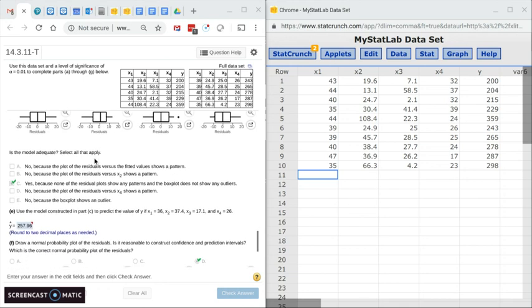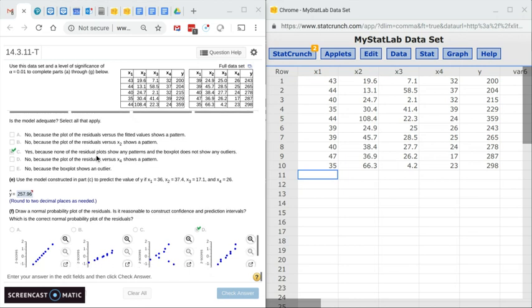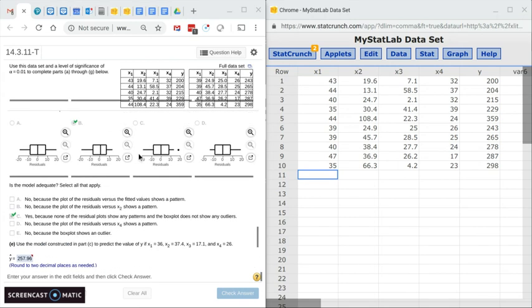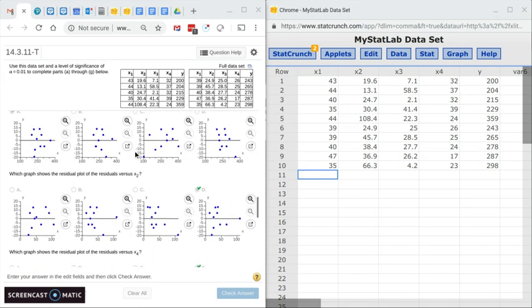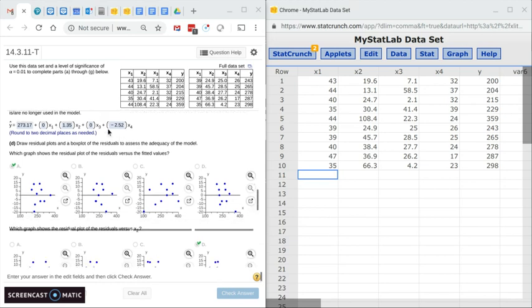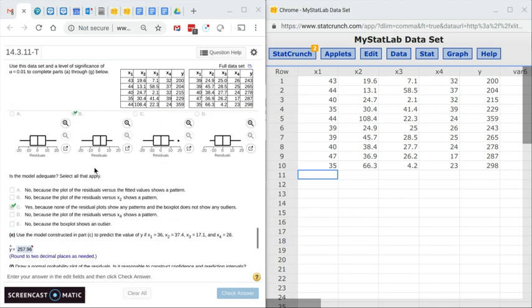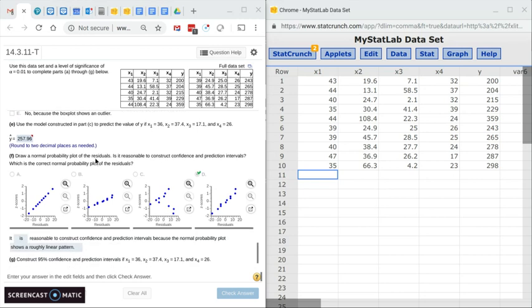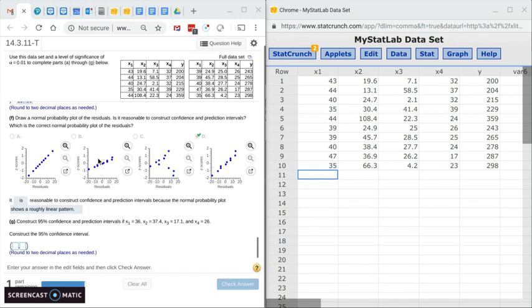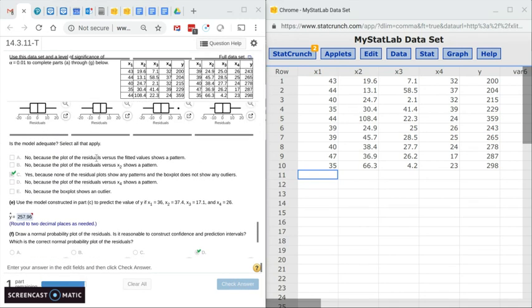Now this is the part that the student really asked the question on. Once you have this model, how do you do the prediction, predict a particular value? Well, you're just going to stick x2 and x4 into the prediction equation that we developed up here. And we also have to get confidence intervals and a prediction interval. And that's not as easy. It's not as seamless as it is